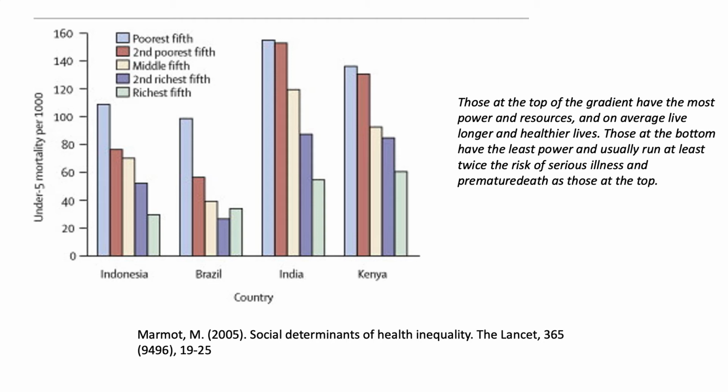Let's look at the social gradient in practice. On screen are a series of charts that map out the effects of the social gradient on mortality, specifically death rates of children under the age of 5. What do you see?